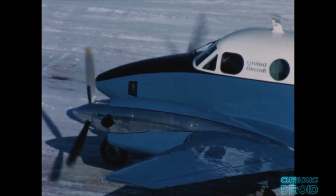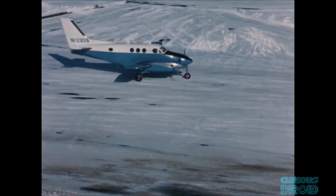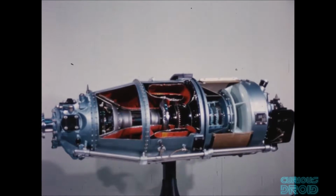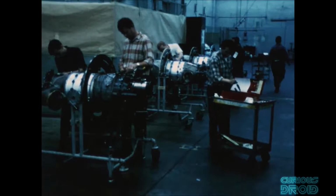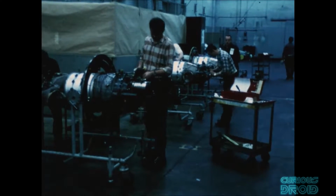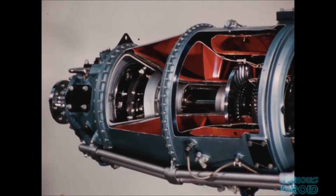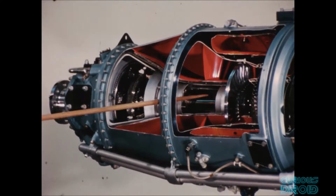Being aircraft manufacturers, they used turboprop gas turbine engines, the ST6, a modified version of a Pratt & Whitney PT6. This was derated from its normal 500 horsepower to around 300 horsepower, but were smaller and lighter than the diesels, weighing in at only 160 kilograms each. The ST6 also used what's known as a free turbine, which acted as a torque coupler and removed the need